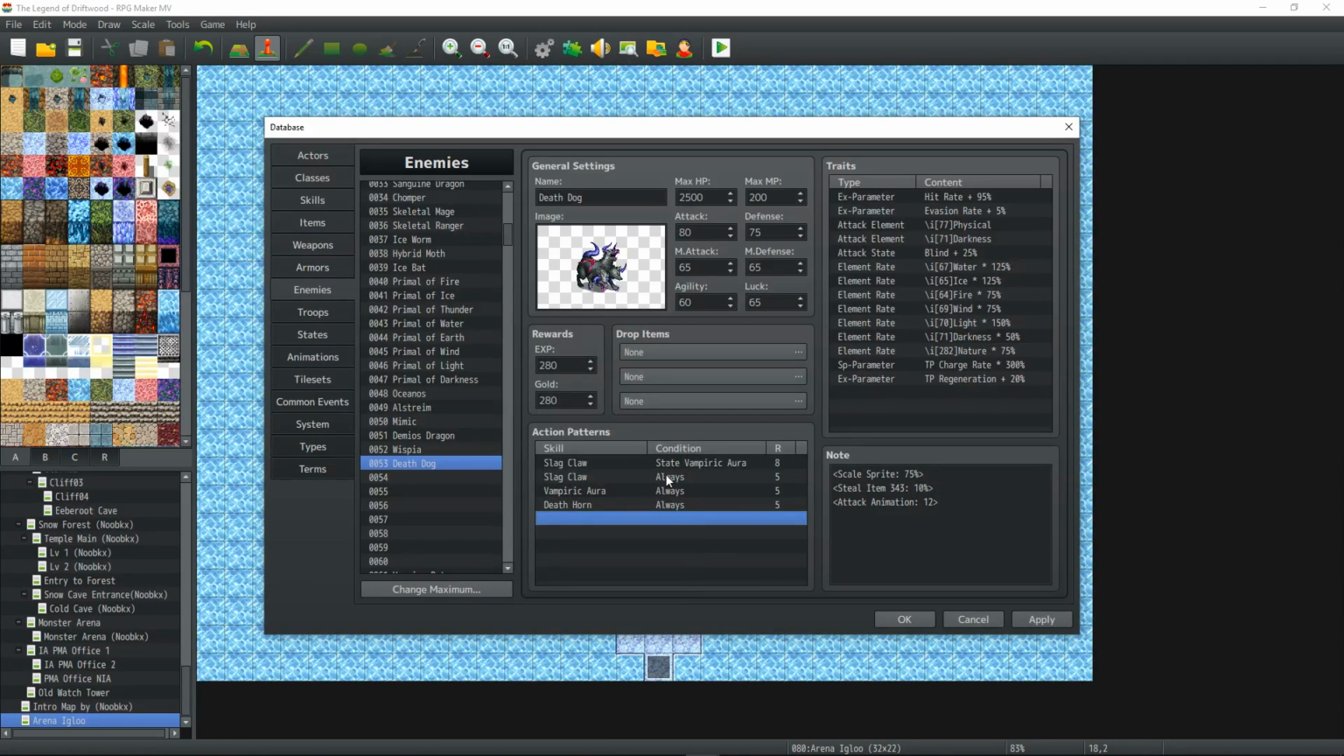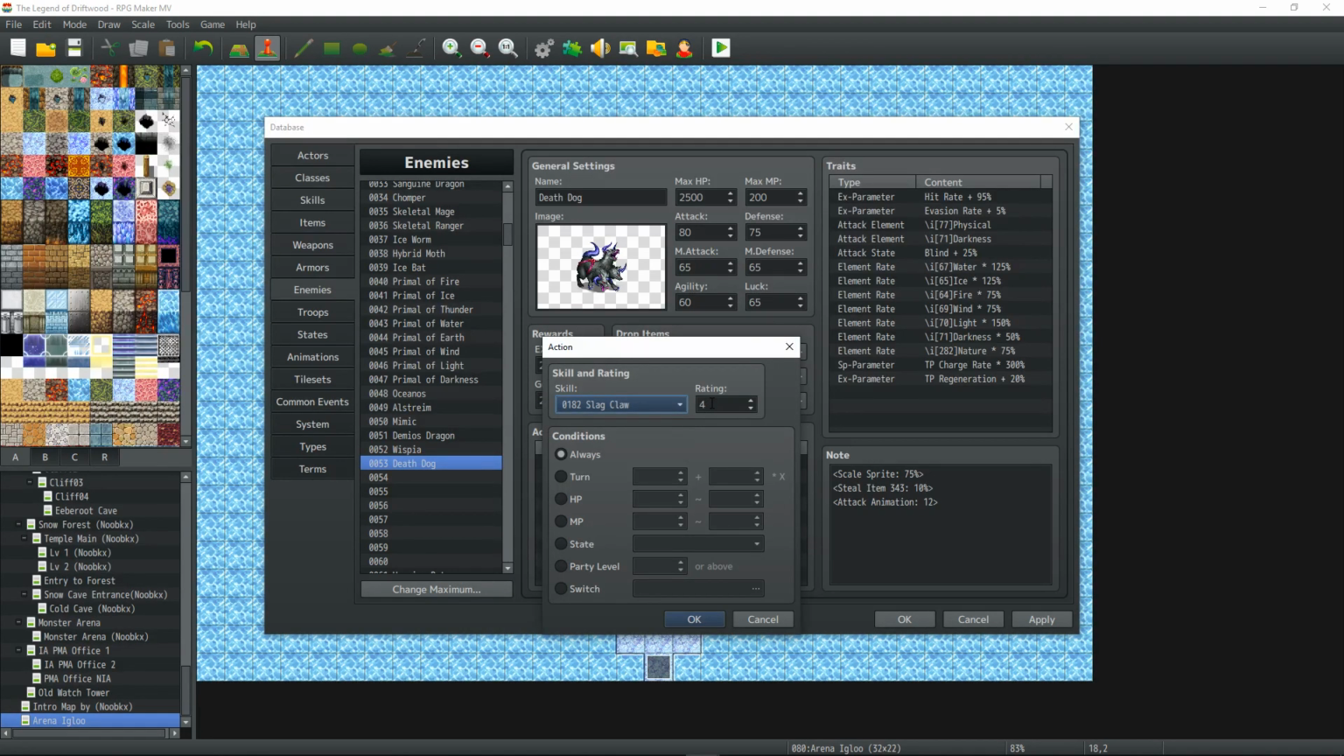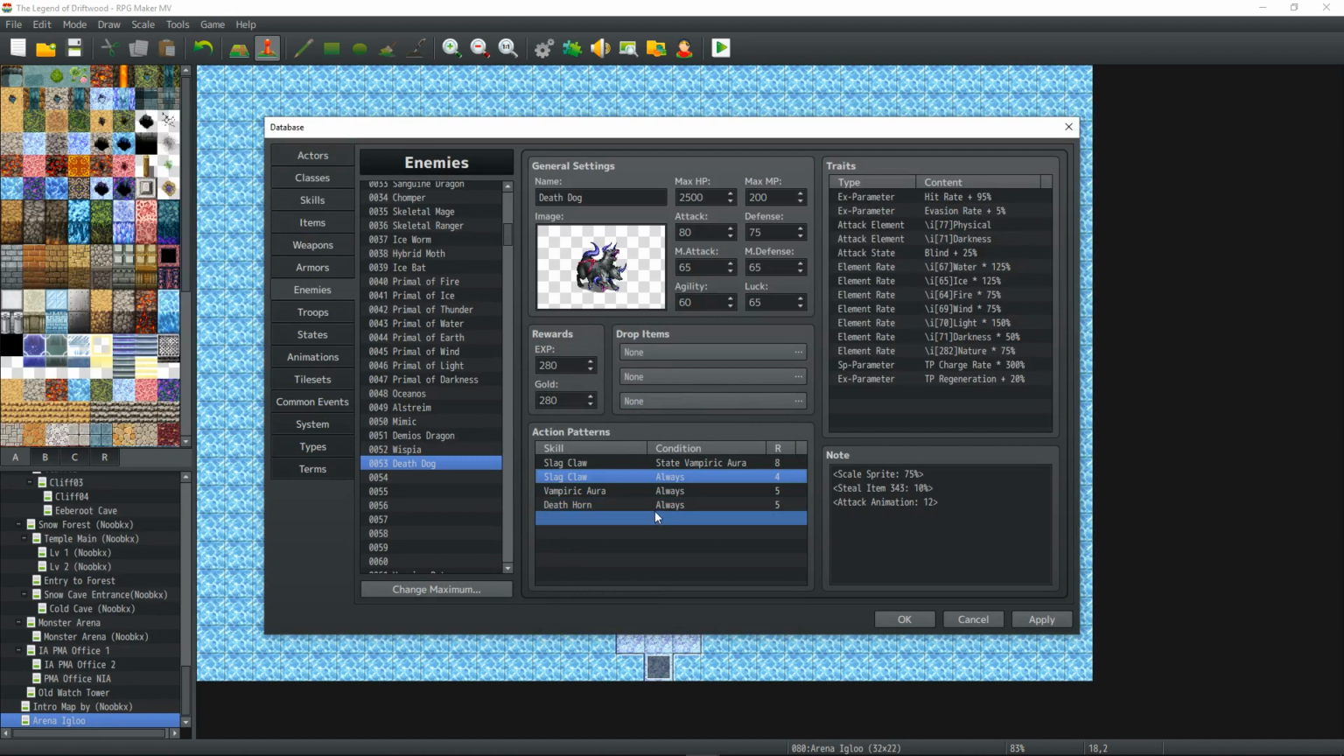And it will have the same chance to happen as Slagclaw, Vampiric Aura. And actually what we should do is make Slagclaw be 4 here. That way at the beginning it has the same chance of Deathhorn as Vampiric Aura, but a slight chance of Slagclaw, because once it does use Vampiric Aura, it's going to be just Slagclawing. Or what we could do is, actually let's keep this 5 for now, an idea. And we'll copy this little idea